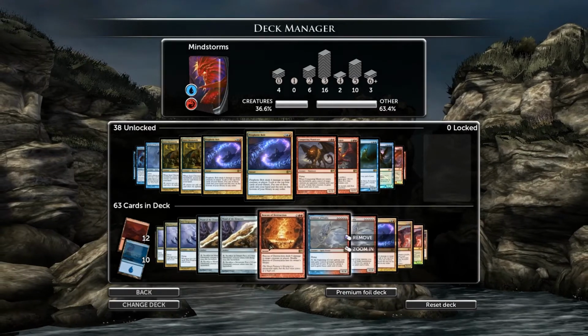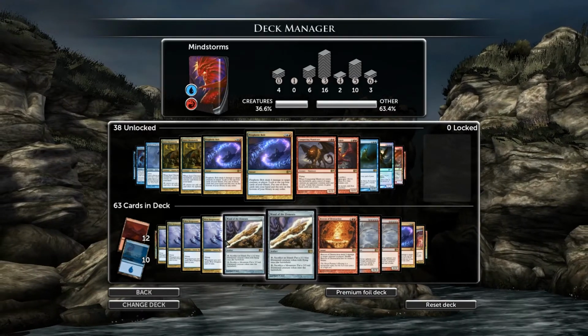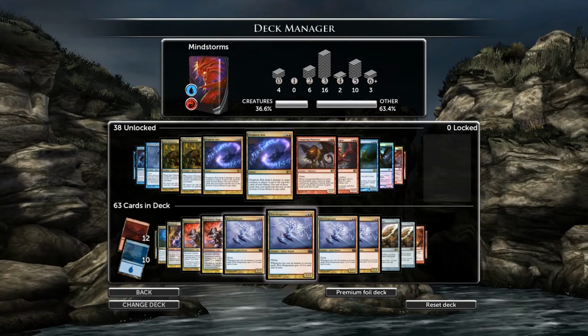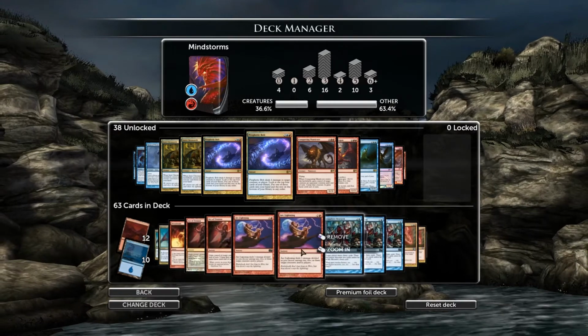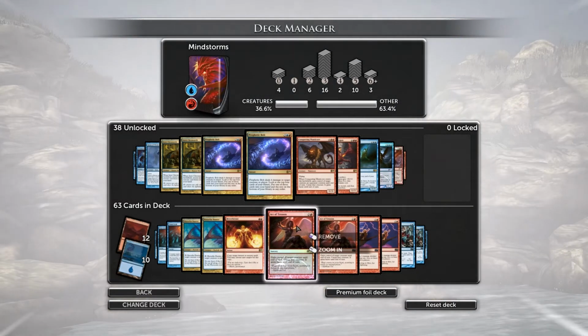It's a lot. These are our only 4-drops. We have a lot of 3-drops. We really need to narrow down these 3-drops. They really should be spells, but